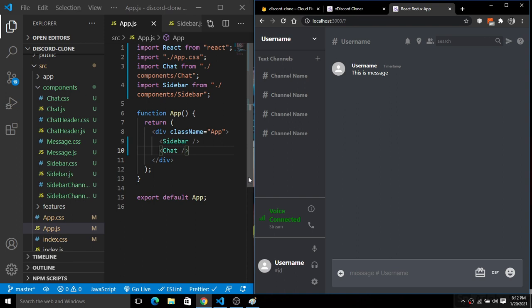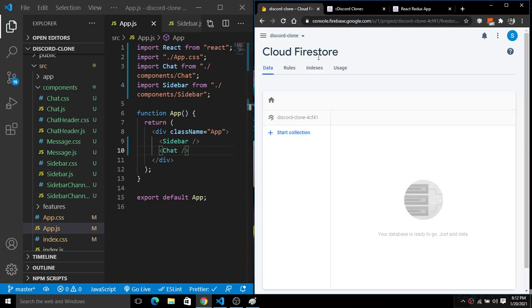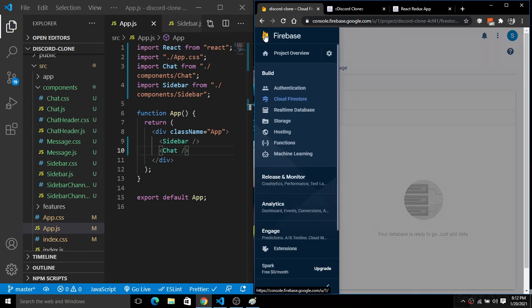For Firebase authentication, you simply have to grab the config from the project that you have already created on Firebase. We have already set up and configured our Firebase project earlier in the first part.